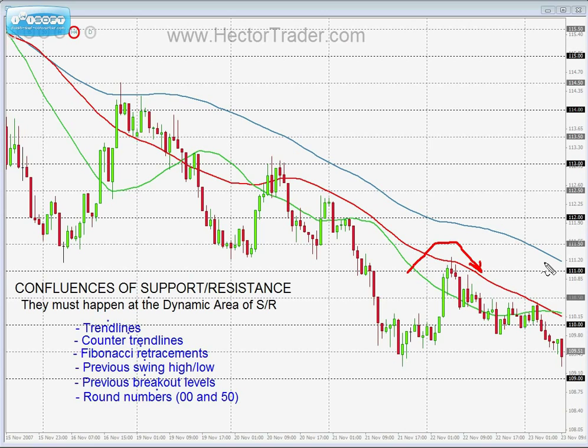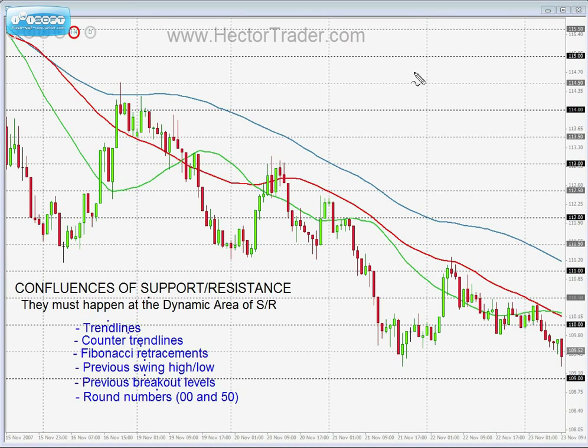account. Of course, there is much more to the system than just that. Of course, you've got to use proper money management. You've got to use proper stop loss placement, proper profit taking levels, proper entry signals, etc., etc. There are many more elements to my system, but for the time being, I don't want you guys to worry about all those elements. For the time being, like I say, I just want you to realize the power of these three elements, the power of trading a confluence of